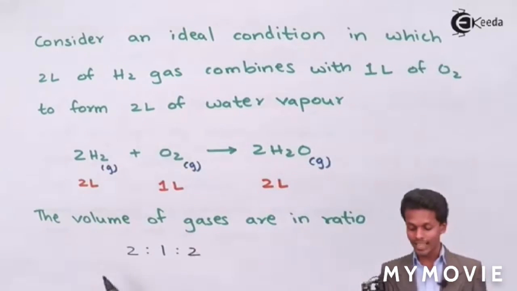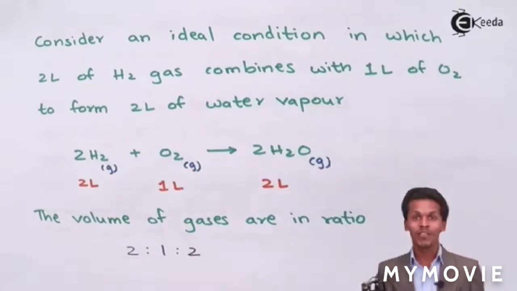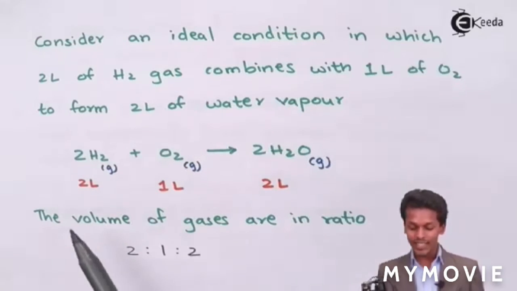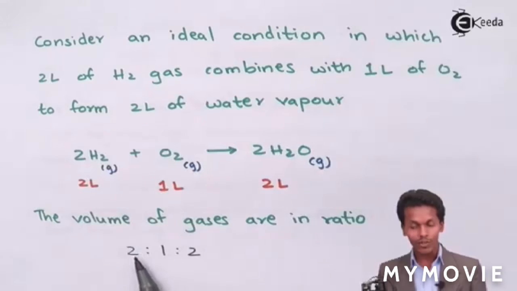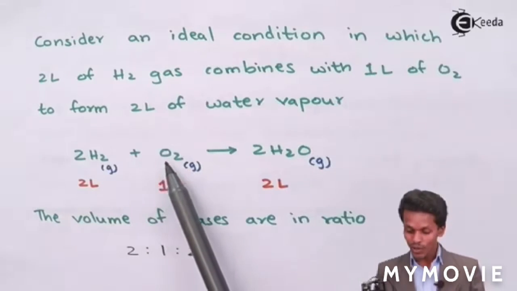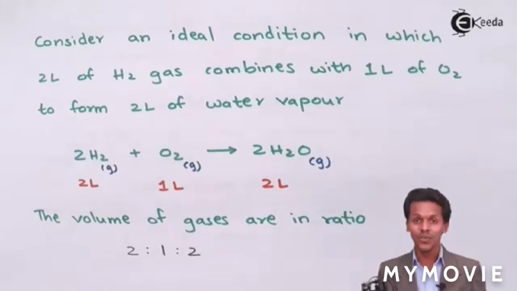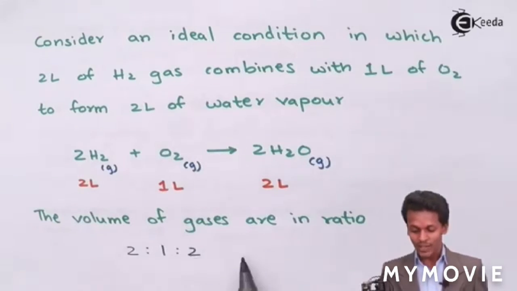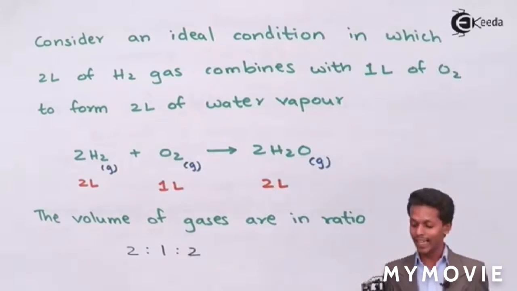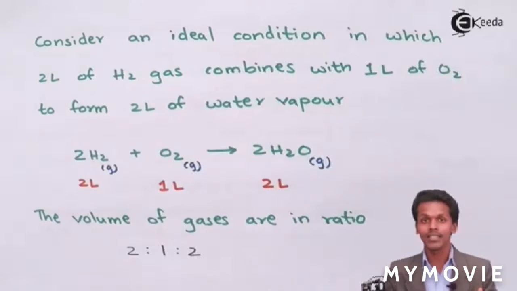I cannot write it as 2 is to 2 is to 1. It would be different. If I write 2 is to 2 is to 1, it means that I am involving 2 liter of hydrogen and 2 liter of oxygen, which is untrue in this case. So this sequence also matters a lot, and hence we have understood that during a combination of gases, the